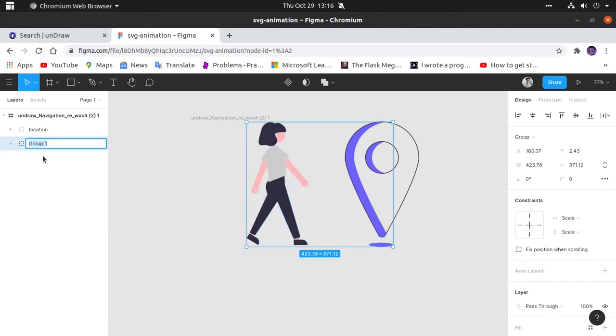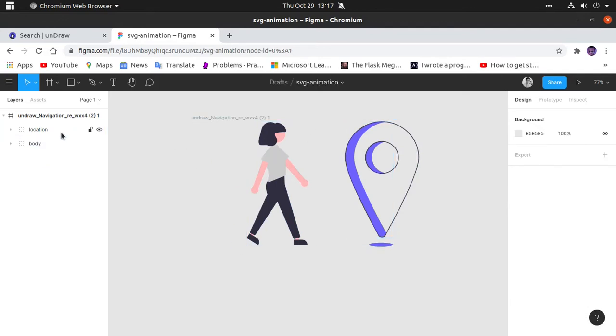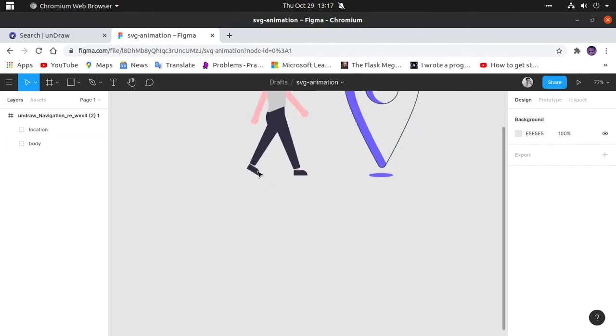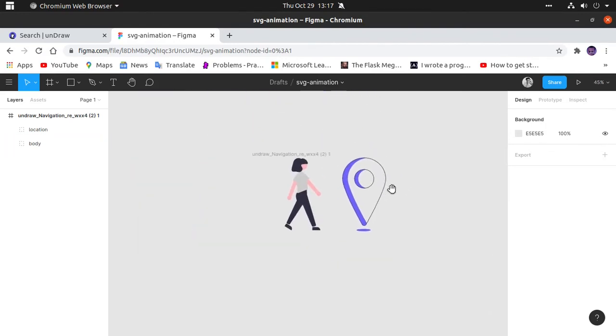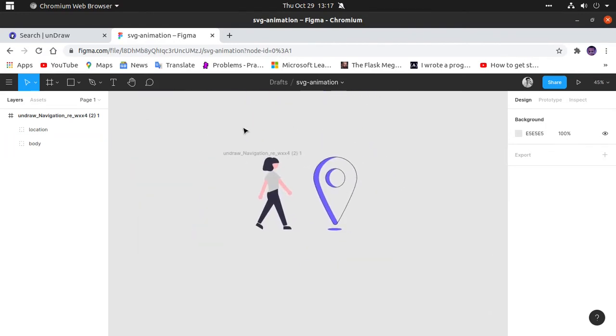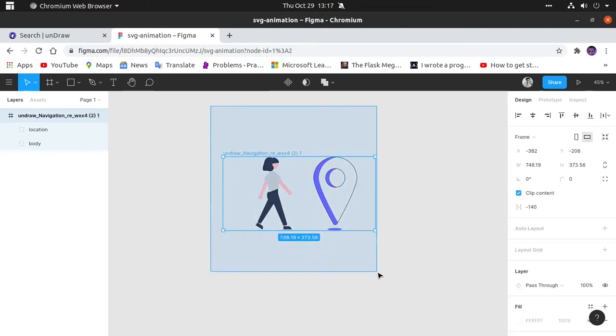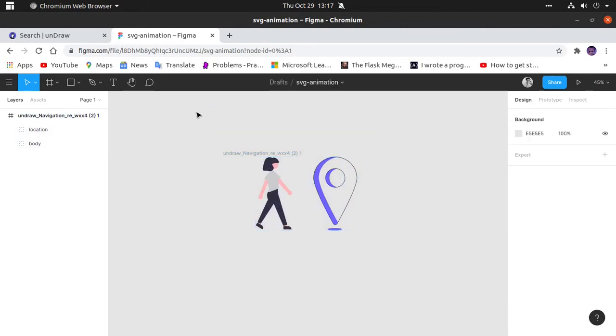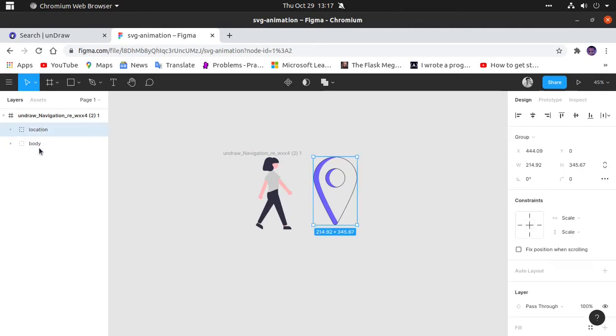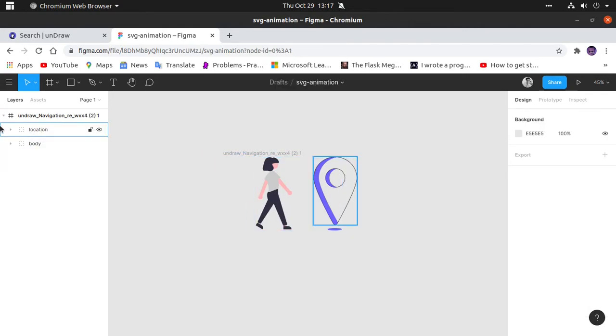Just Control G and name it body or remaining, anything you like. Why we are naming it, you can get to know here, if you already know about classes and IDs in CSS and HTML. We'll talk about it later: this location and this body will come as an ID in CSS, so we don't have to name it again.